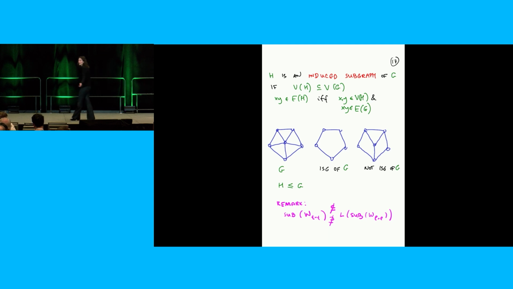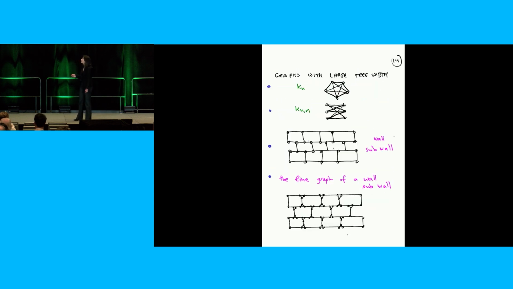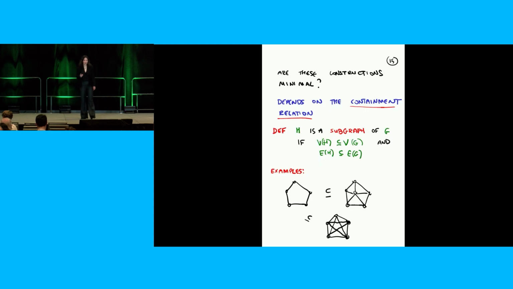Obviously, you don't add edges, right? Nobody thinks you should add edges when you do containments, but you're not allowed to delete edges either. Okay, so now in that picture, we already said that only that one was minimal for subgraphs, but under the containment relation of induced subgraphs, they're all minimal. Each of these families is minimal under induced subgraph. Nothing contains anything.